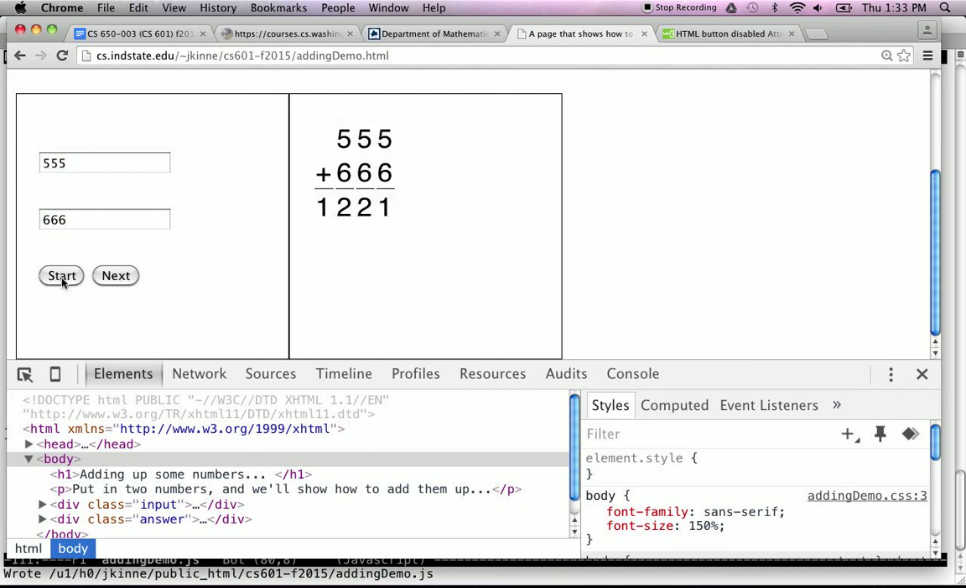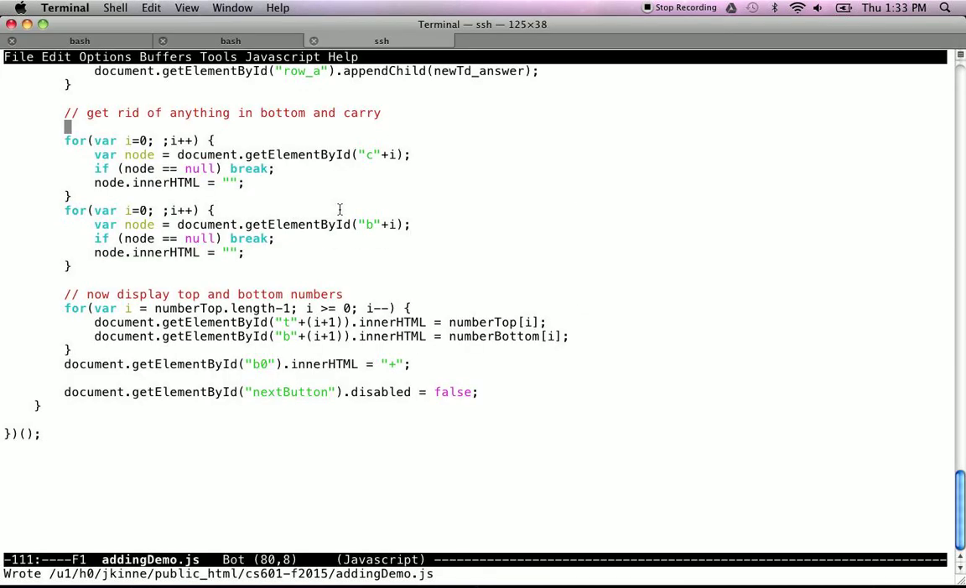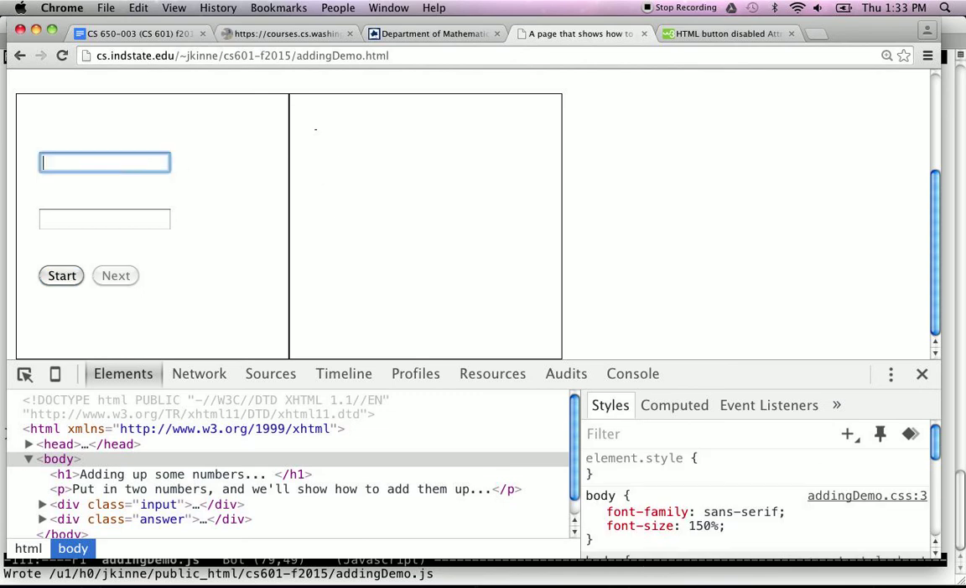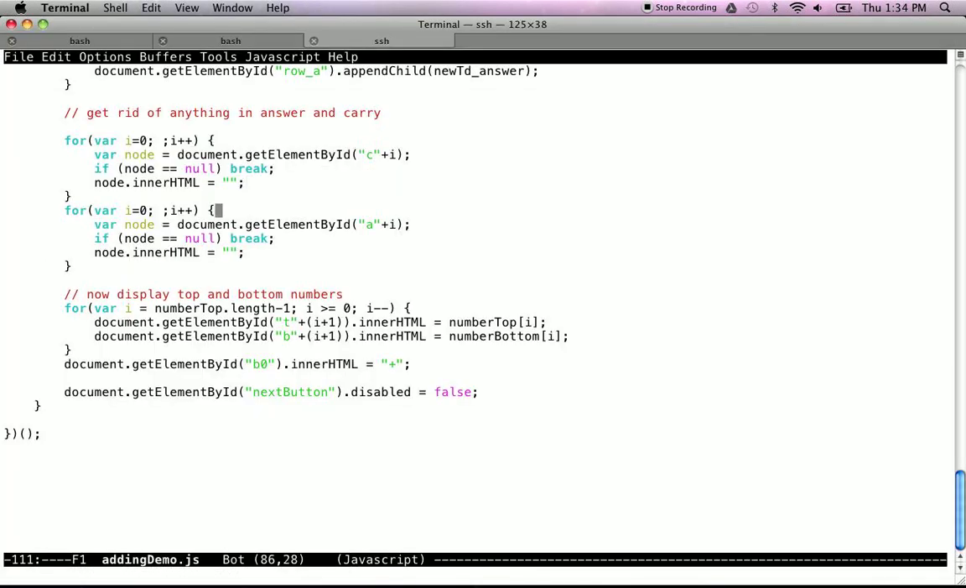Okay, so now if I say start again, the bottom's still there. Oh, it's not the bottom, it's the answer. And okay, so now after